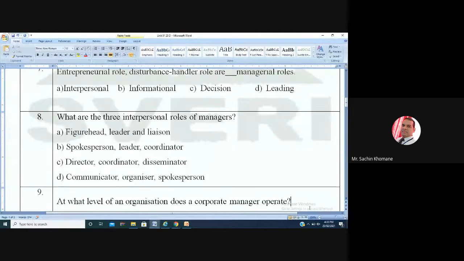Okay, so let me tell. A is the option: figurehead, then leader and liaison. Why are these 3 options correct? Interpersonal role, because figurehead means always at the front. Manager,